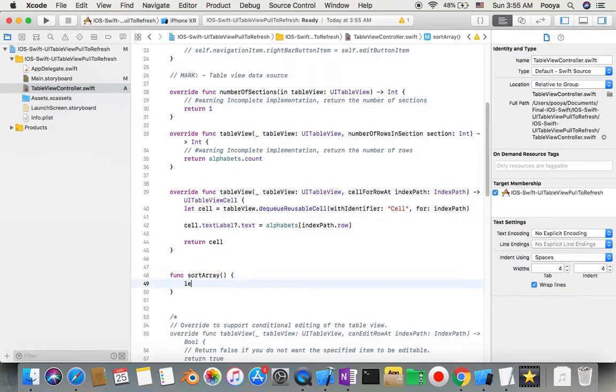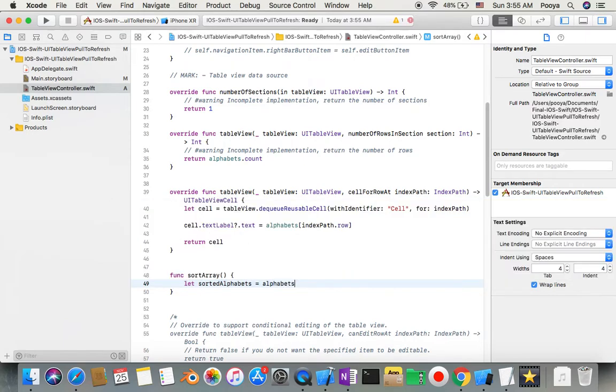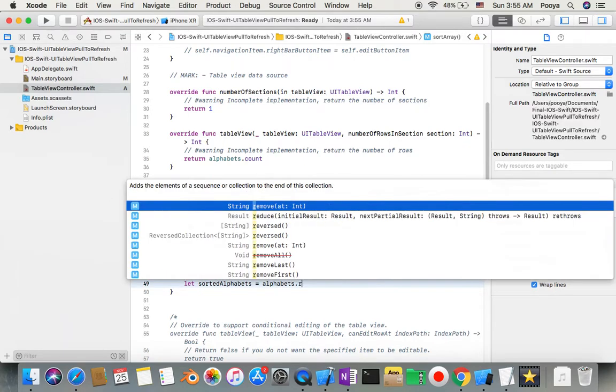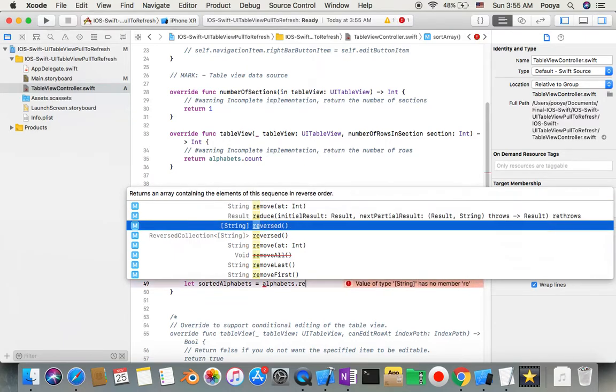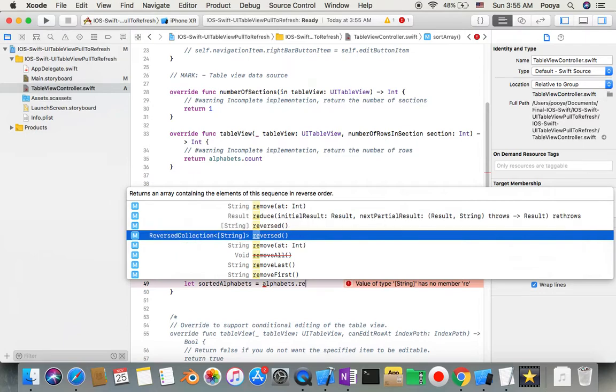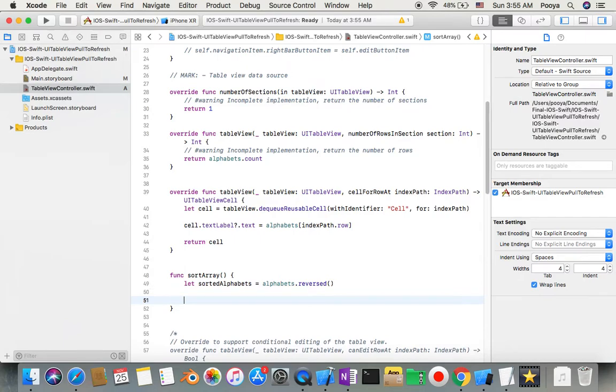But what we do, we just say let sorted alphabets equal alphabets dot reverse,